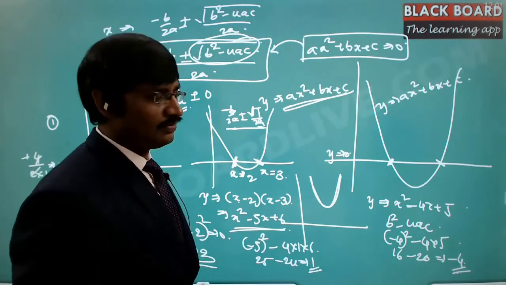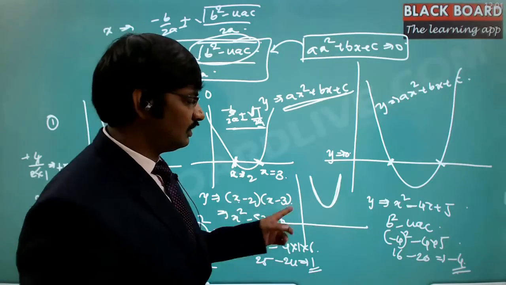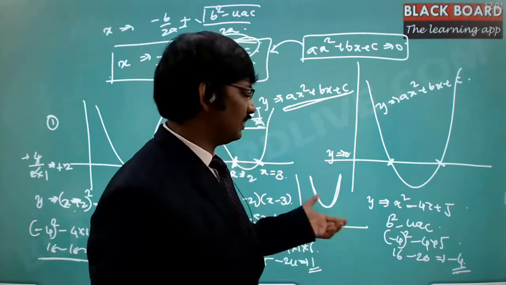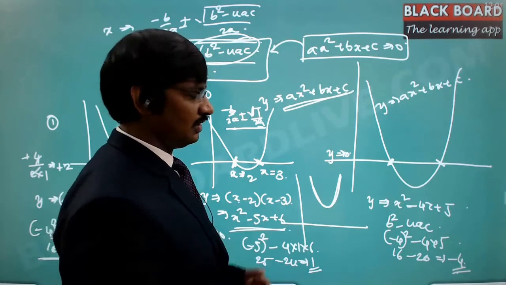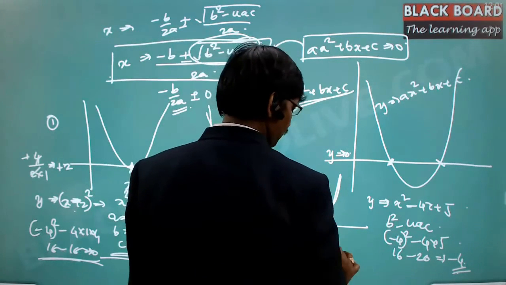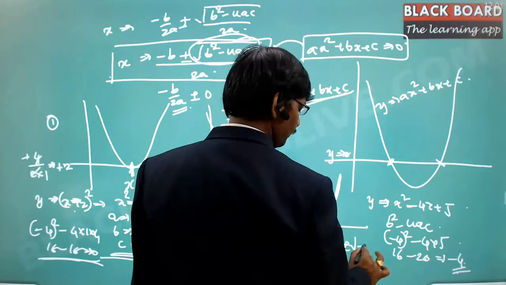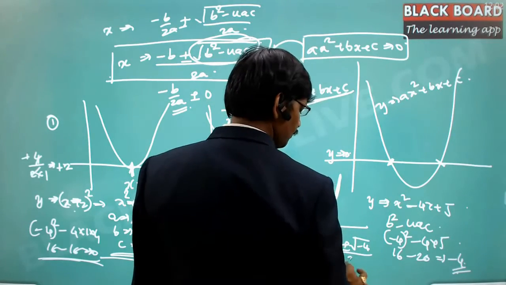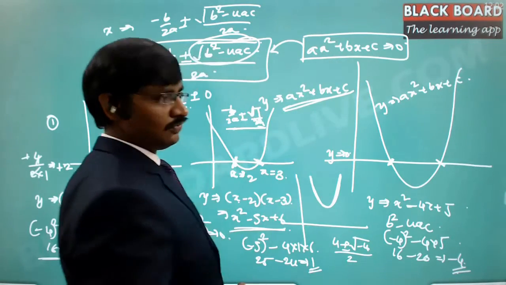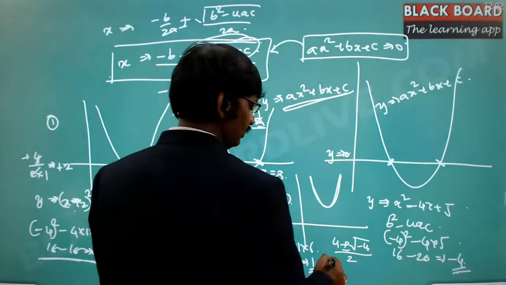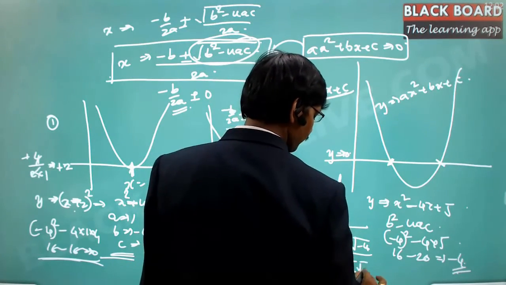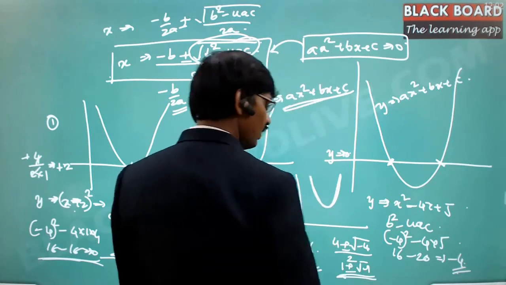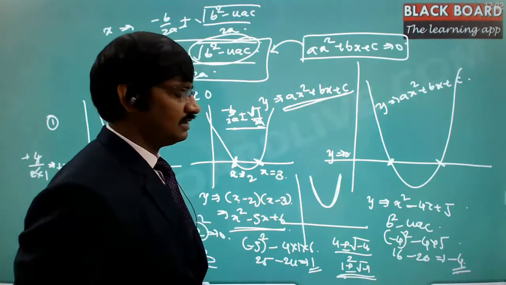Why we cannot define this with the real numbers: here the solutions are given by minus b plus or minus the square root of b squared minus 4ac, divided by 2a. So that is 4 plus or minus the square root of minus 4, divided by 2. Here the square root of 4 is 2. Hence I take 4 out, and the square root of minus 1 is left over.